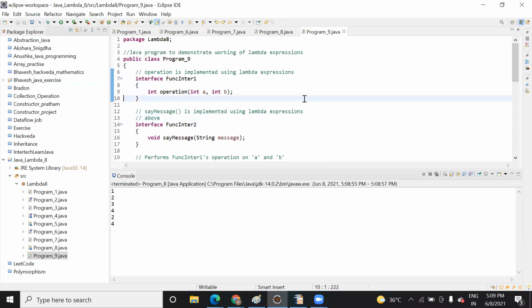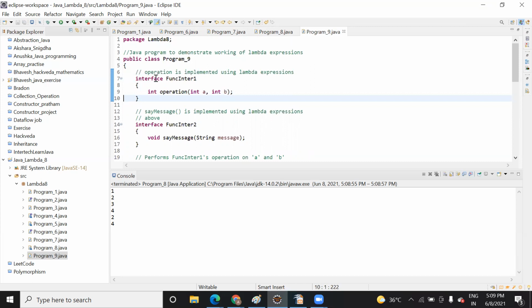So when we use this lambda expression, at that time you can use the interface also inside this class. This feature was added in Java 8 and 9, that you can declare an interface inside the class when you are using a lambda expression.